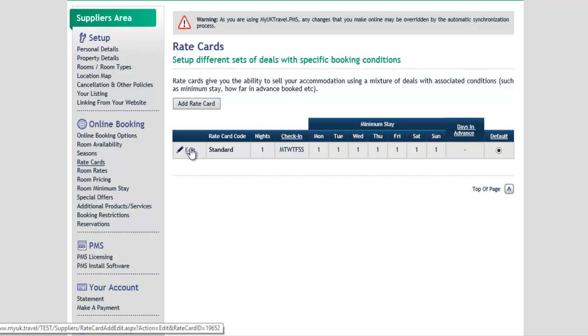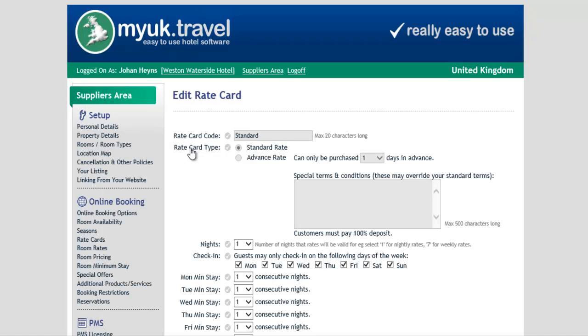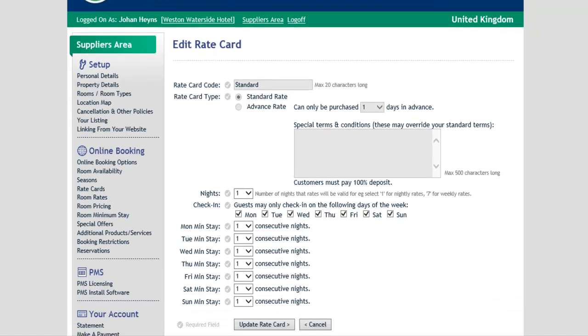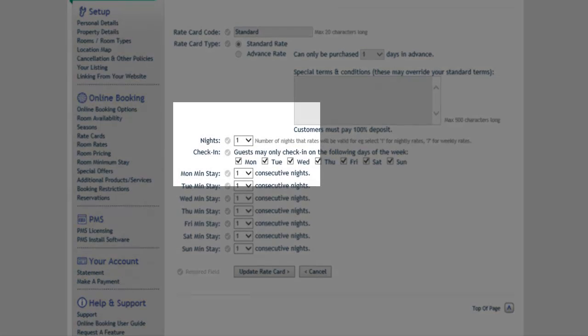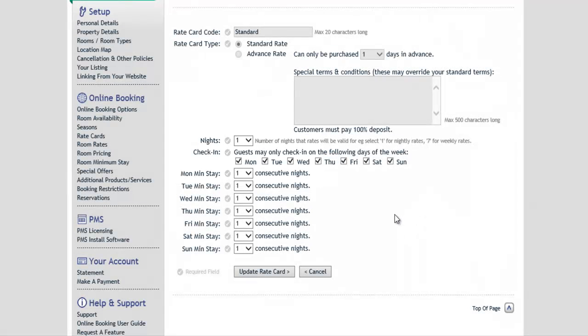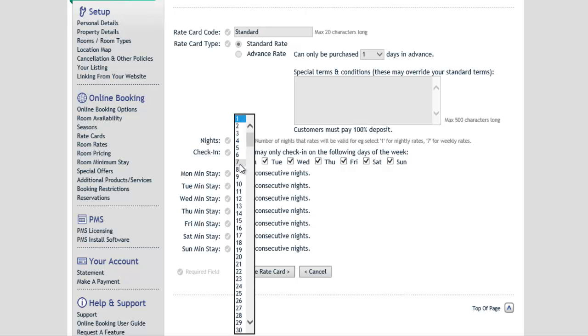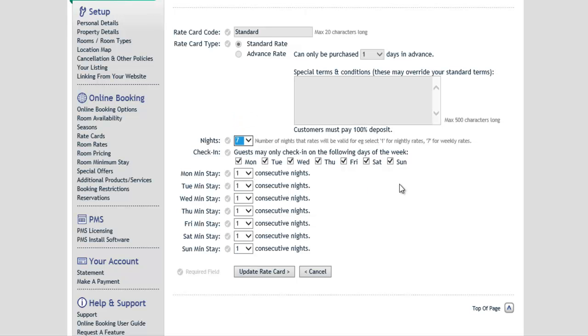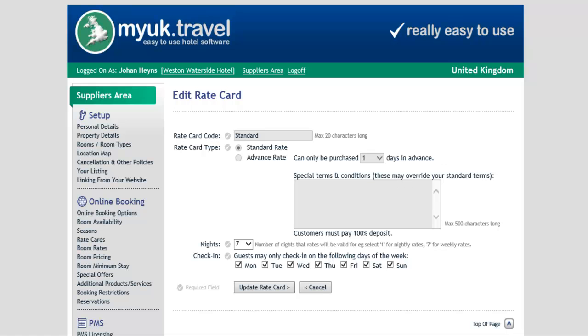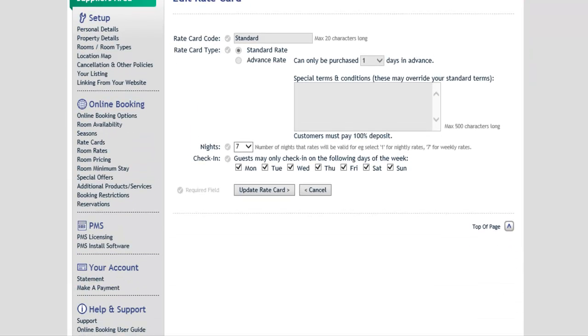On the next screen, you will now notice there is a new option called Nights. The Nights option will determine how many nights a particular rate should be applicable for. As we are busy setting up a weekly option, we will set the number of nights to 7. You will now also notice, as you adjust the number of nights, that the daily minimum stay options below the Nights button disappear. The Nights option will override minimum stay in the system if it is set to anything greater